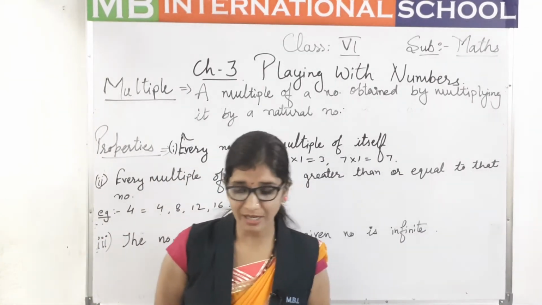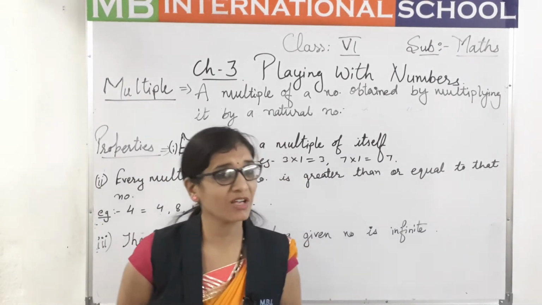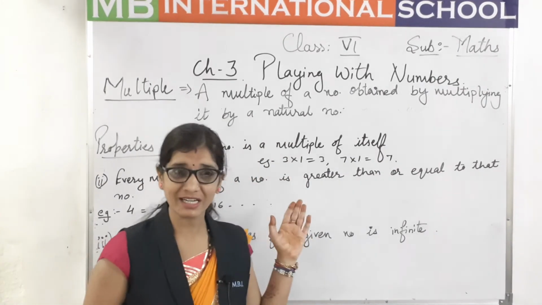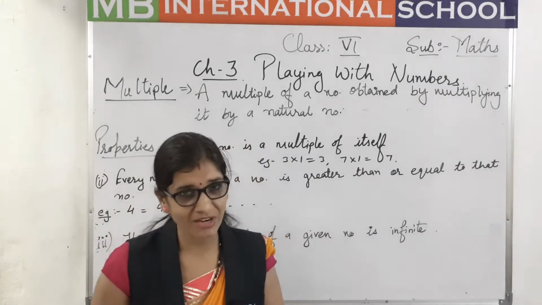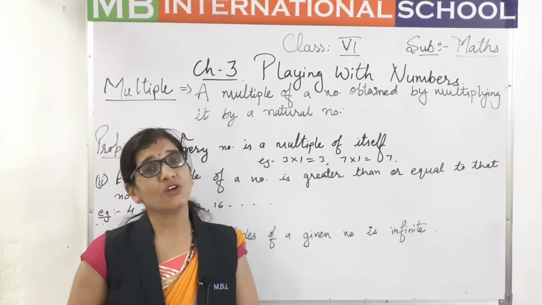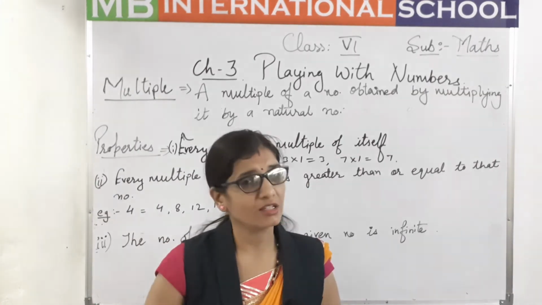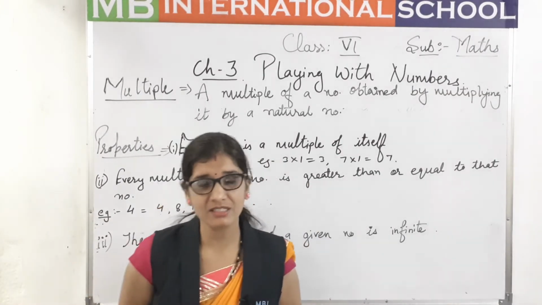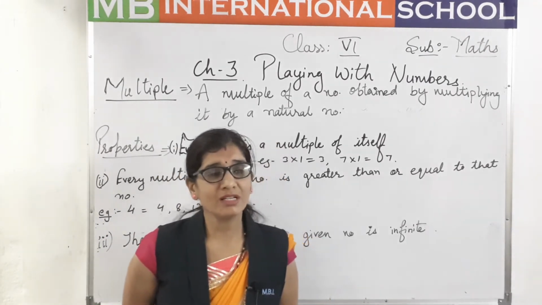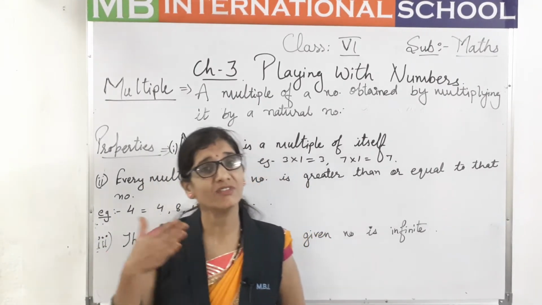The next topic we can go through is factorization. What do we mean by factorization? We have also studied factorization in earlier classes. We are going to study more about factorization, HCF and LCM in this chapter. But first of all, you should know how to factorize a number. While factorizing a number, we have just studied the properties of factors. In those properties, factors are the numbers which are less than or equal to that number, and each must be an exact divisor of that number.